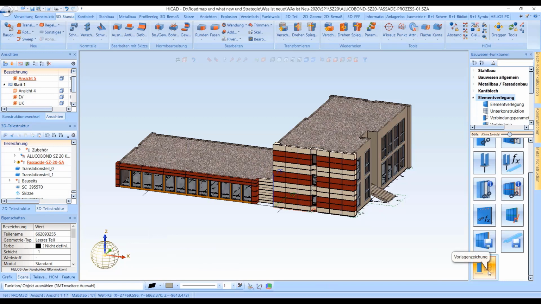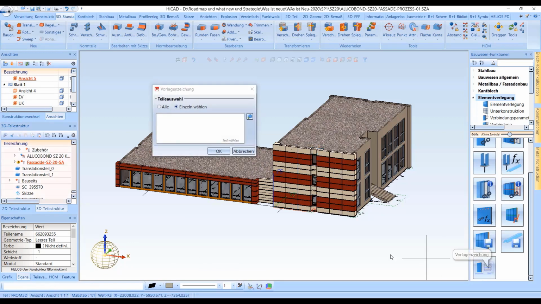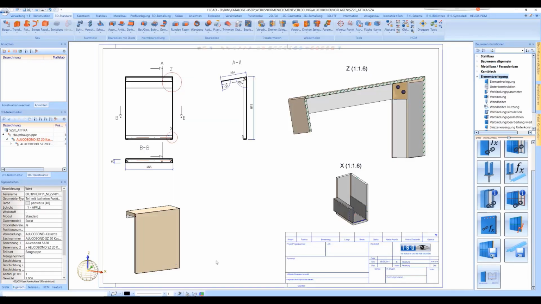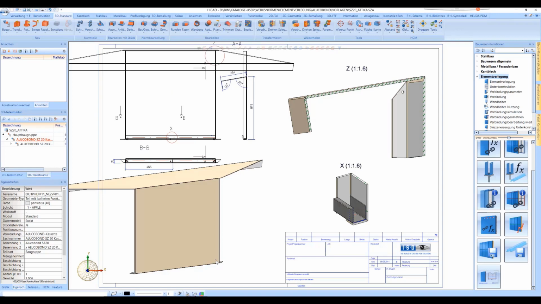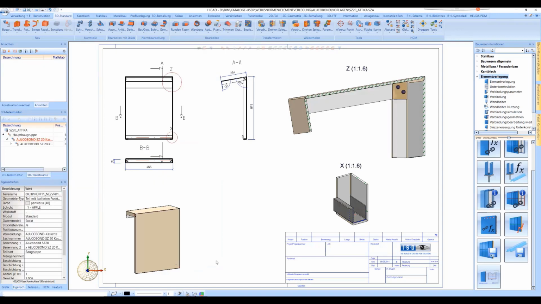When the template drawing creation function is started, you can decide whether the drawing is created for all facet elements or for individual elements of a drawing. In this case, I decide to create the drawings of a construction section, an assembly that I have chosen via the ICN window. The drawings are generated automatically and the existing template drawings adapt to the elements of the facade